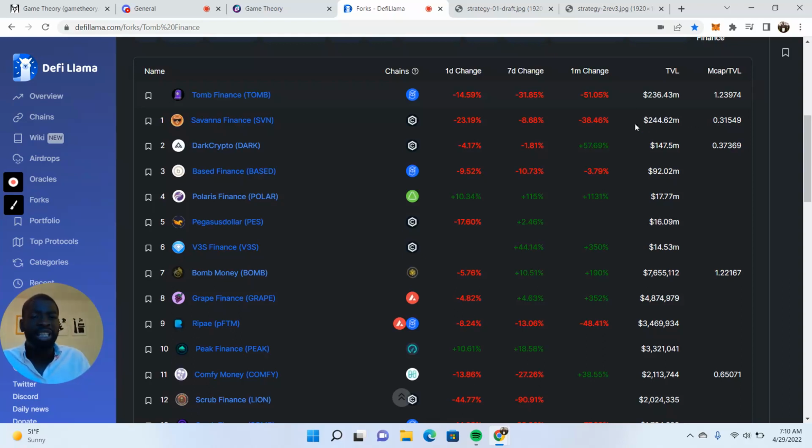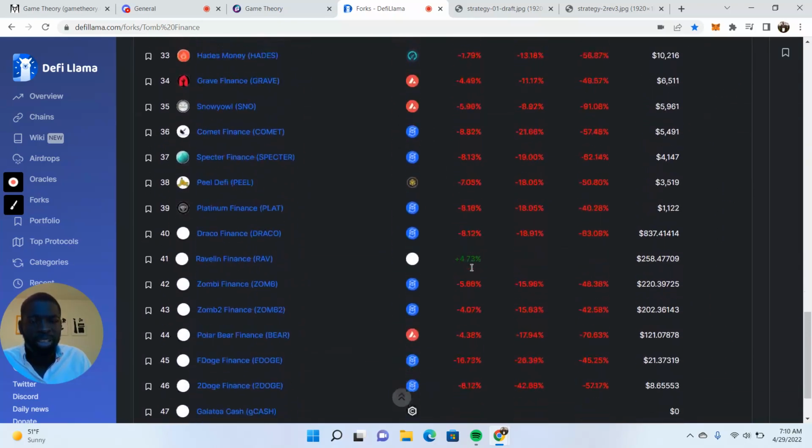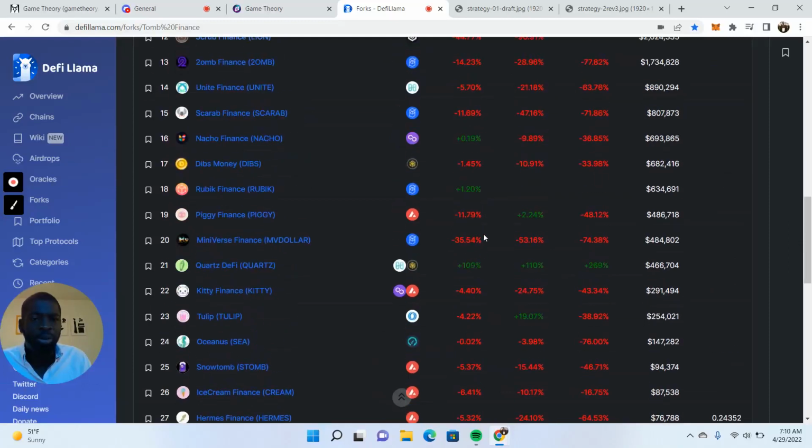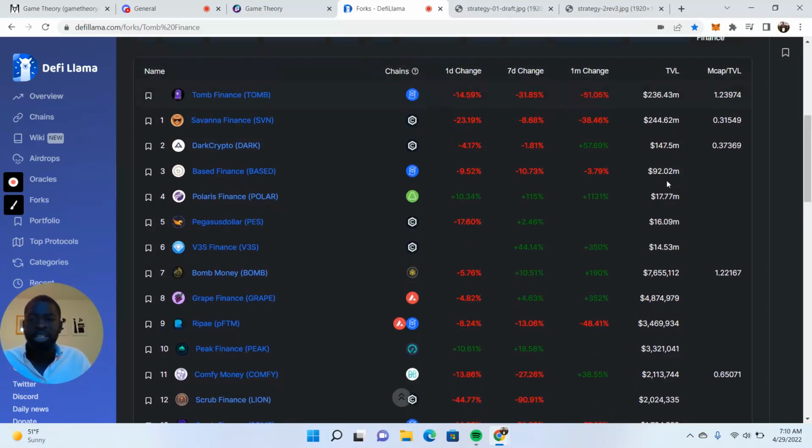And so you can see that, across the board, you can see these red numbers really going down. Pretty much every single token on this list has big red numbers right next to it. And so the fact for us is that we're pretty much at the same point in terms of liquidity that we were at when we did this video almost a week ago.